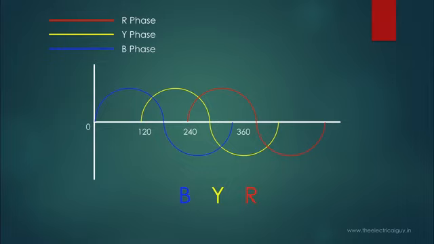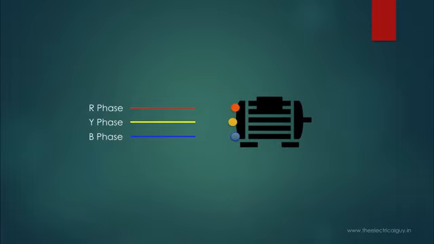Of course, changing the direction of rotation of the magnet is not an option for the end user. You can change the phase sequence at your end also, and that is by interchanging the phase conductors. So for example, this is your three-phase load, let's say an induction motor. If you connect your respective phases in their respective slots, the phase sequence would be R, Y, B. If you want to change the phase sequence, just interchange any two of the phases and the phase sequence would also